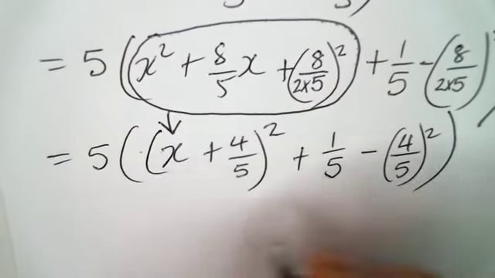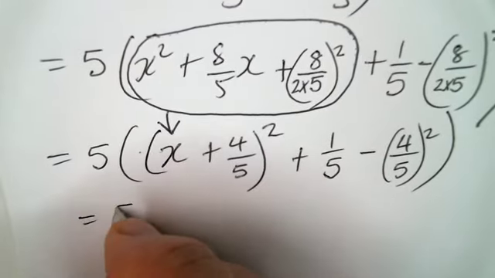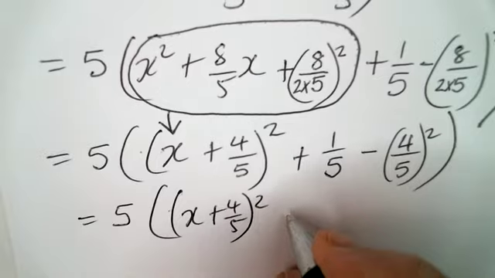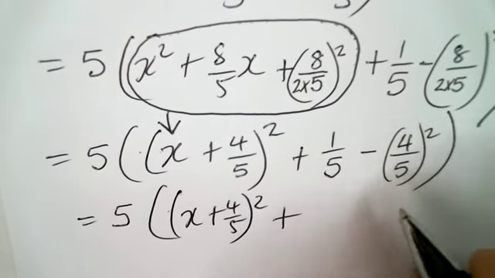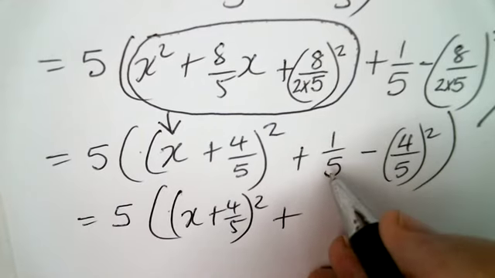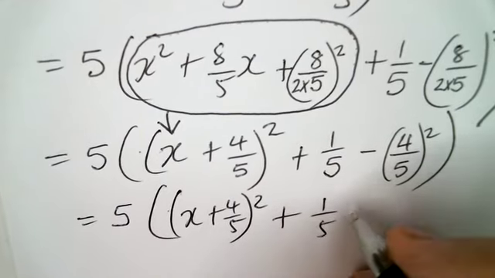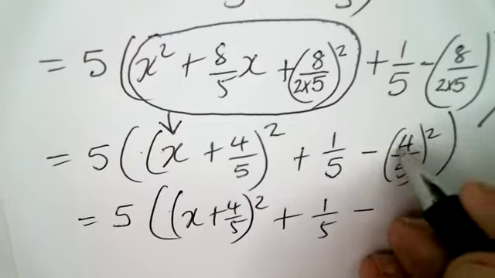Let's rewrite that now, so I'm going to have 5, 2 brackets, x plus 4/5 all squared, plus, now I've got a fifth, and I'll write the 1/5 here, why not, minus, so this is going to be